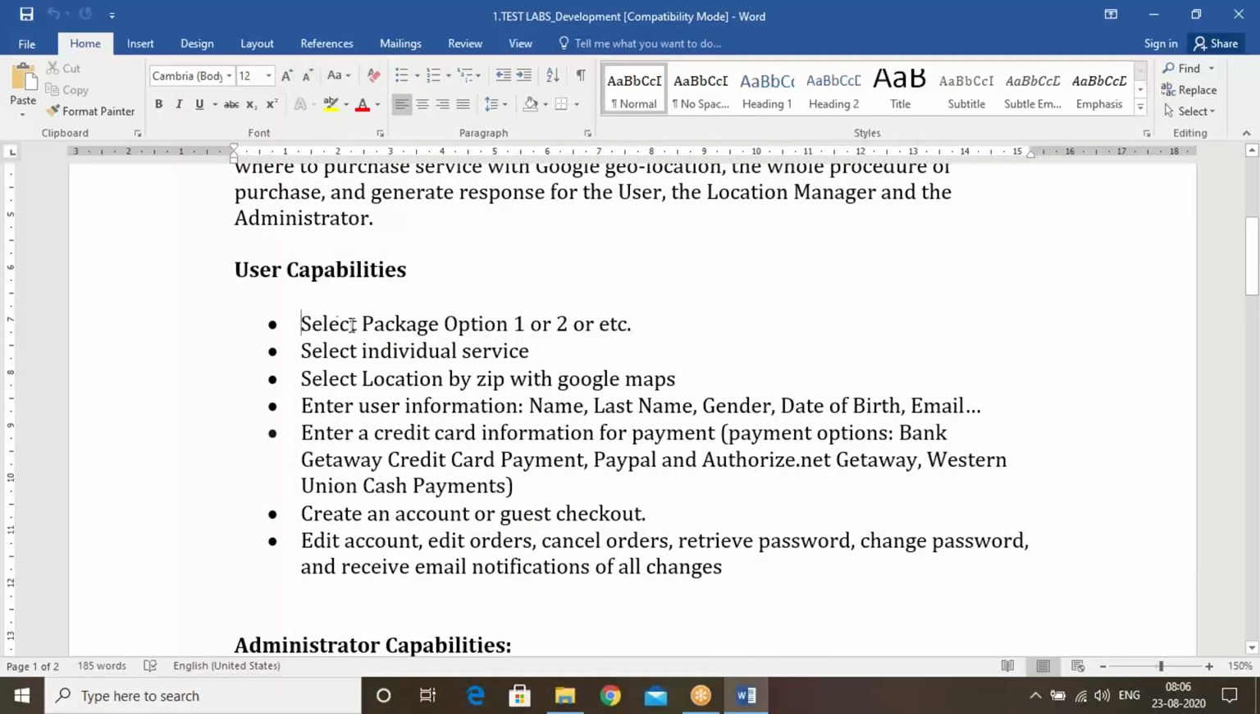Select a package option 1 or 2, etc., and select individual service. So in this website you have two options: you can select an individual service or you can select a package. For example, if you want to take only a sugar test, you can select an individual service. If you want a combination of tests, like a sugar test, blood test, and urine test,